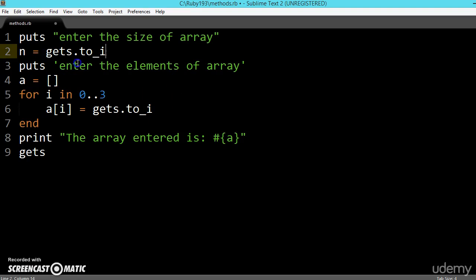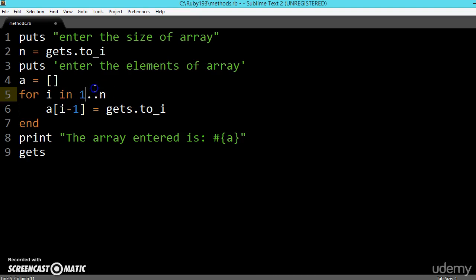So once we got the I, we will be asking enter the elements of array. Here not 0 to 3, here 0 to n minus 1. Don't forget n minus 1. Why are we giving n minus 1? Because we are starting from 0. Otherwise, if you want to give it n, you can give it n here, but here you should write I minus 1 if you want to start with 1. If you are starting with 1, give I minus 1 and 1 to n.